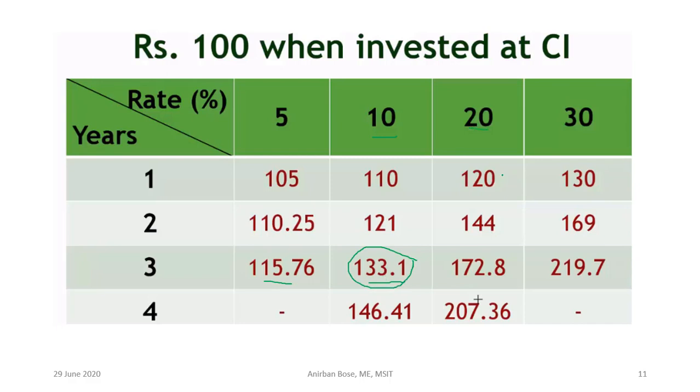Similarly, if the rate of interest is 20, then in the first year it will be 120, second year it will be 144, third year 172.8, and the fourth year it will be like this. Similarly in case of 30. Okay,